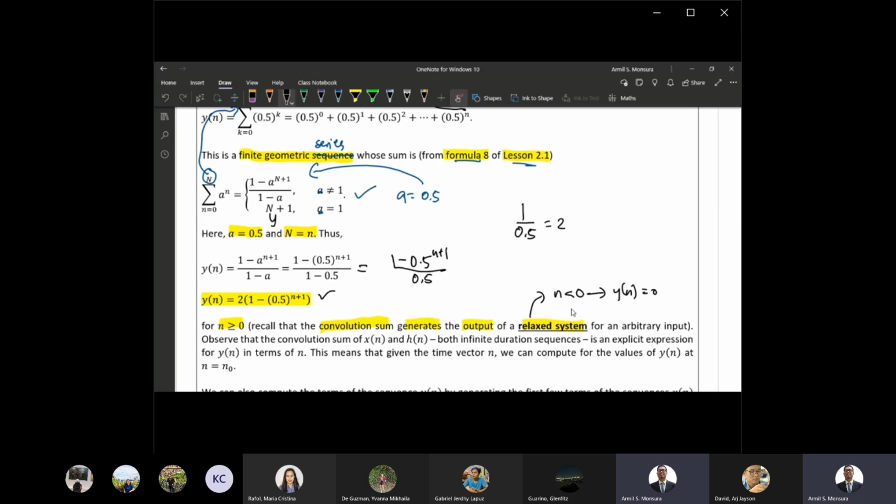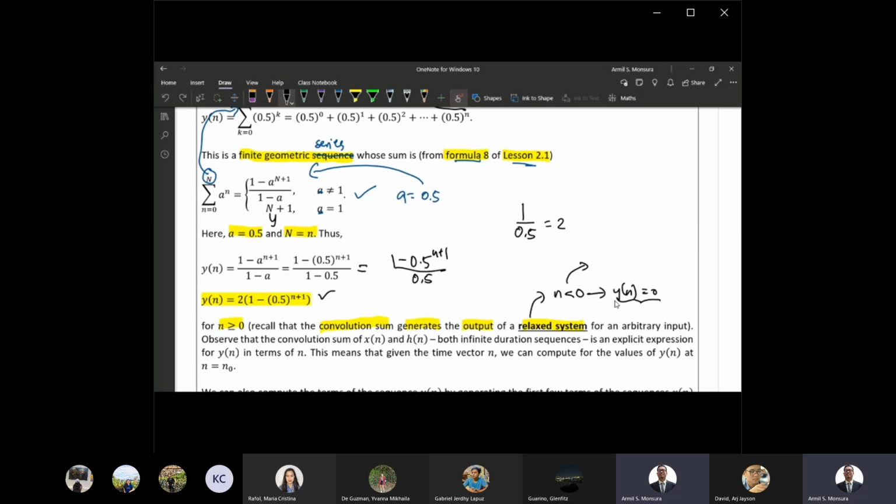So pag negative yung indices niyo on a relaxed system, yung output sequence niyo is 0, kasi ang values ng output sequence niyo,